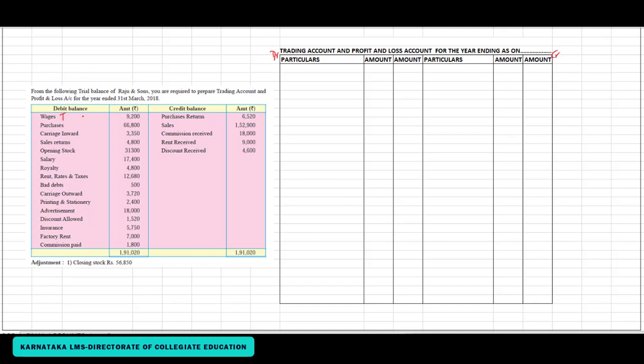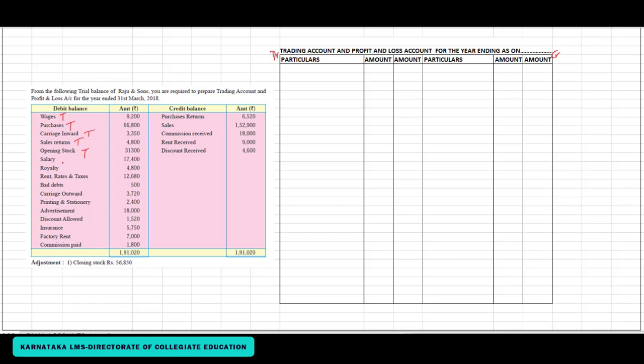And purchases, it is also a direct expenditure, so it will be under trading account, so it is also a trading account item. And then carriage inward, that is also a trading item because it is a direct expenditure. Sales returns, it will be under trading account only because it relates to sales. Similarly, opening stock is an